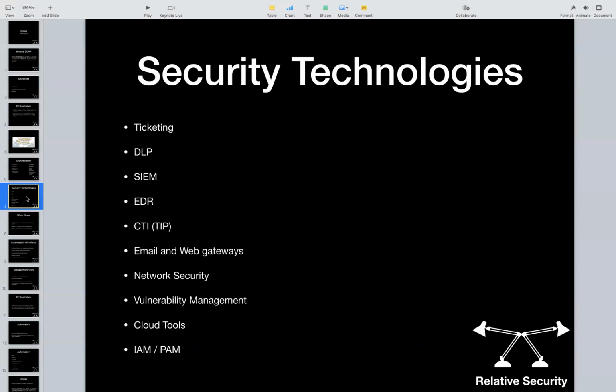In our case, for example, it could be the ticketing system, the DLP system, SIEM solution, EDR, CTI, for example the threat intelligence platforms, email and web gateways. It totally depends on the use cases, or why I need to use orchestration for these security technologies, or how I can use these security technologies in my orchestration or in fulfilling a certain workflow